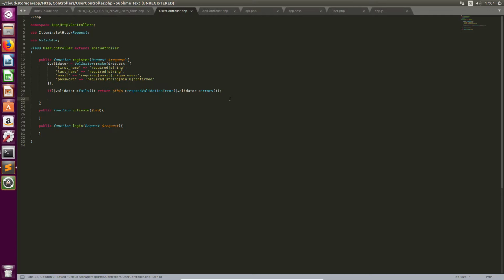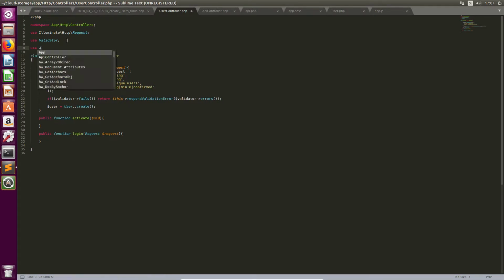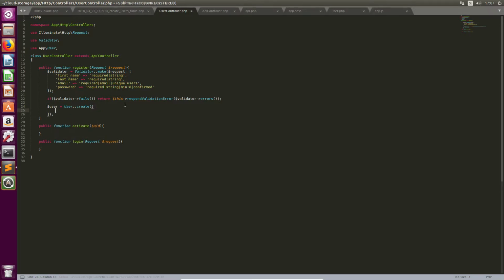Okay, so let's create a new user account then. So user equals User::create. There we go. And now obviously we need to import or use App\User. Now make sure you're using backslashes here, otherwise it will not work. So here in the create, we need to just pass in an associative array. So first name, request first name, and just basically do the same thing for all validated fields. Last name, email, password is going to be a bit different, but whatever. So last name, email,